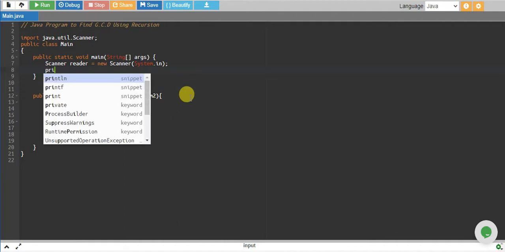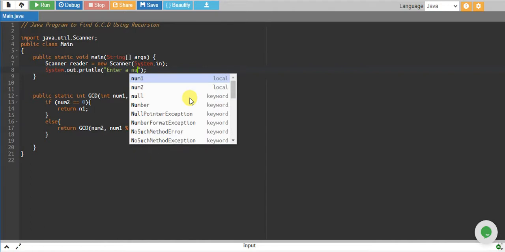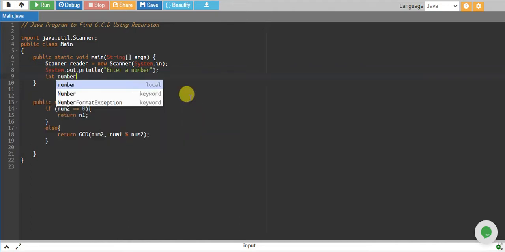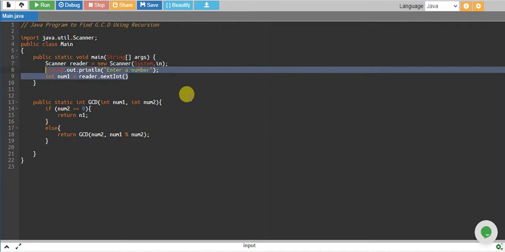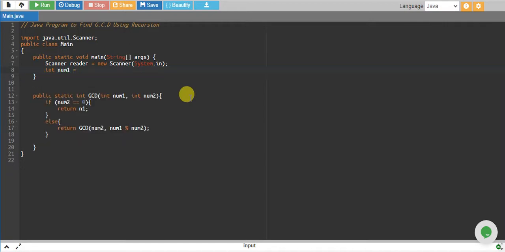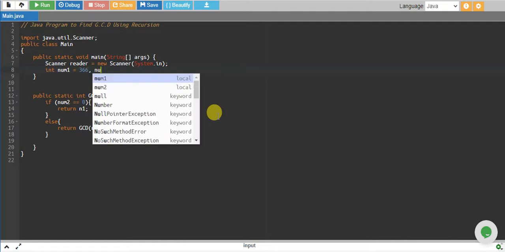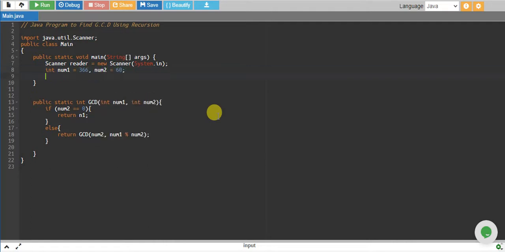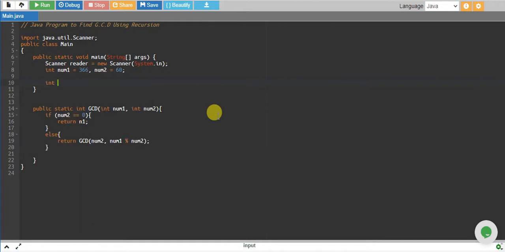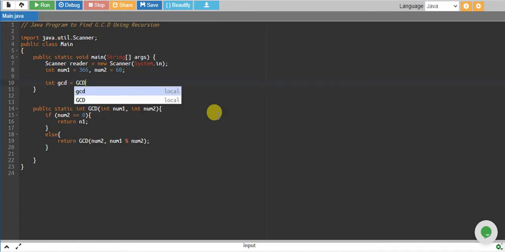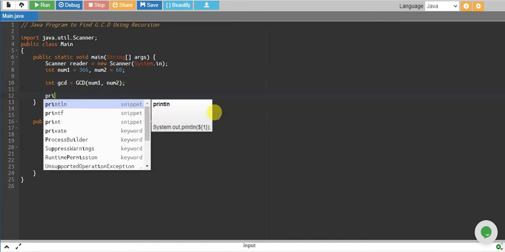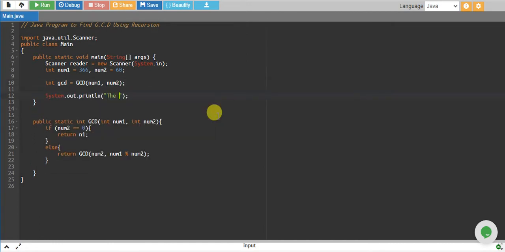So we take a number from the user, the user will enter the number, and we store it into a variable called num1 equals reader dot nextInt, or let me just assign myself a value. Num1 is 366 and num2 is 60, and my integer GCD will be GCD, and I pass num1 and num2 into it,